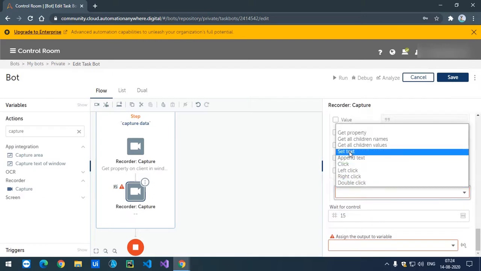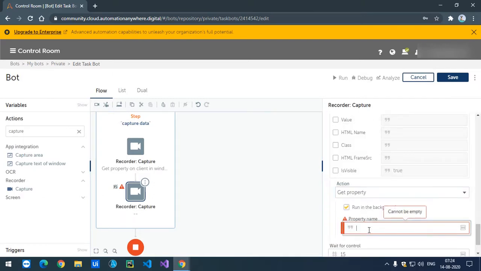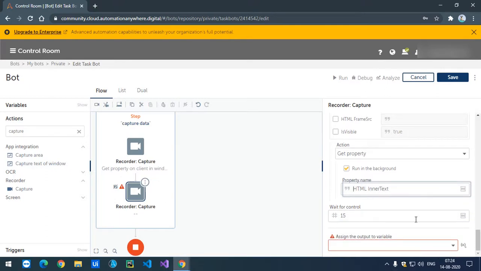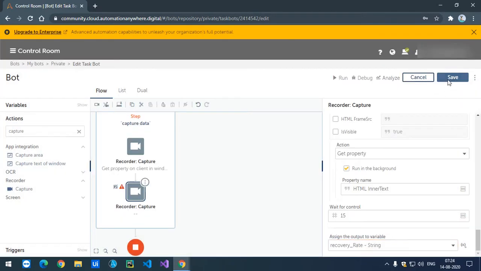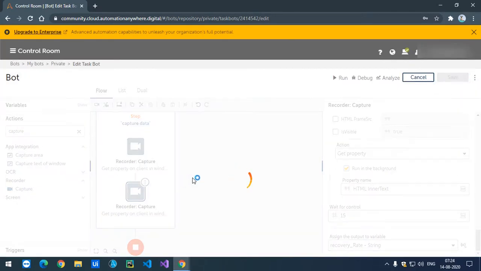So I'll get property, run in the background and inner text, and then I'll store it in a variable. Sorry, this is recovery rate. Okay, the first thing is done.